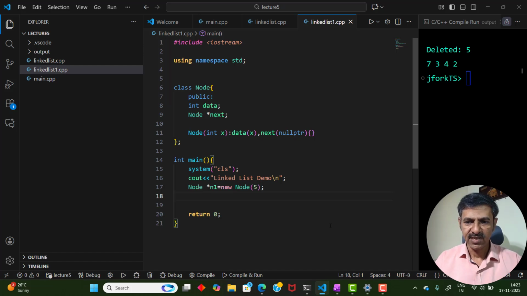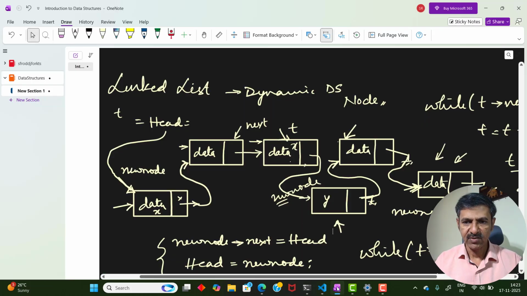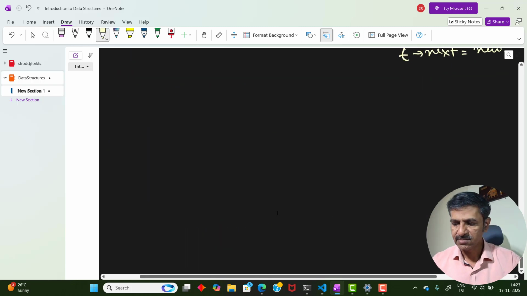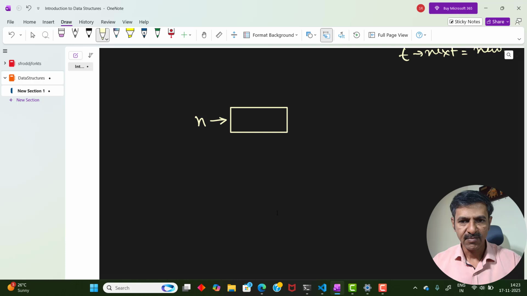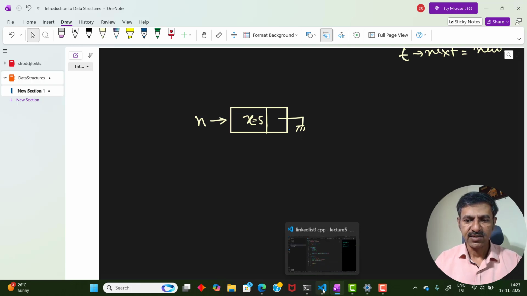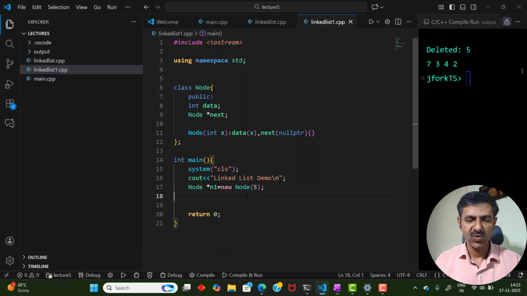So what basically has happened is that you have created a reference variable, a pointer n1. You created a node like this where the data is set to value x, whatever I was passing. I was passing value 5, and this next pointer is pointing to null. Okay, so I can create a linked list by creating these nodes and linking them in main only, but better